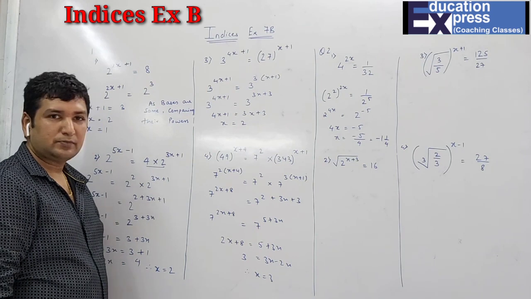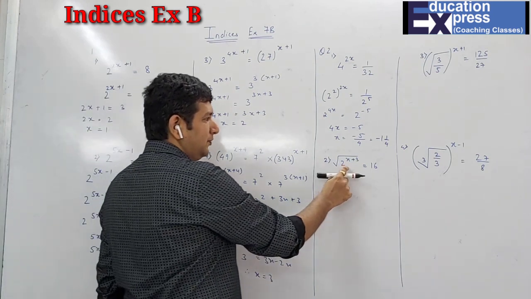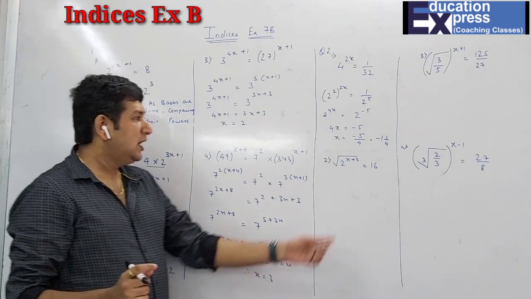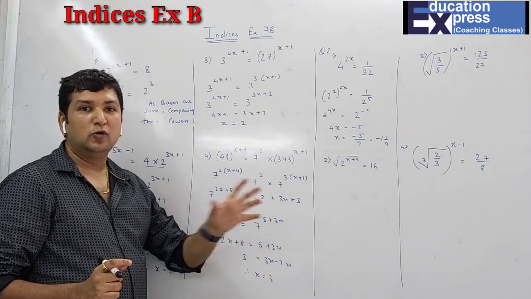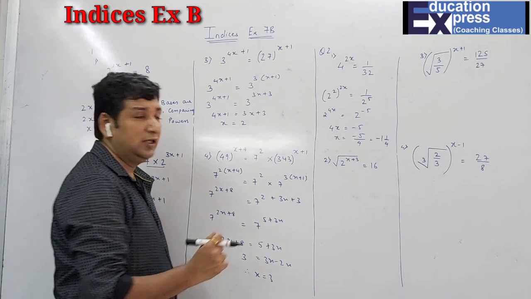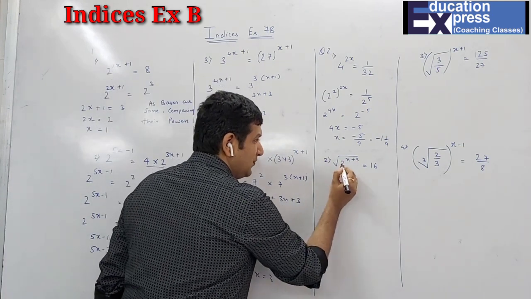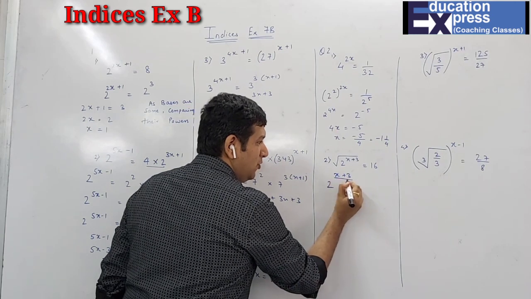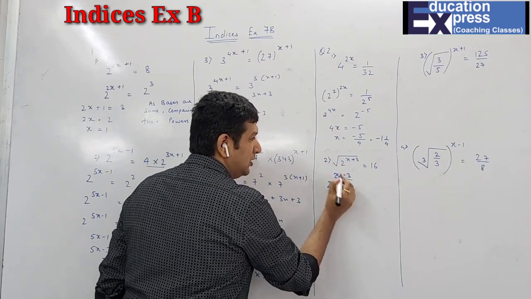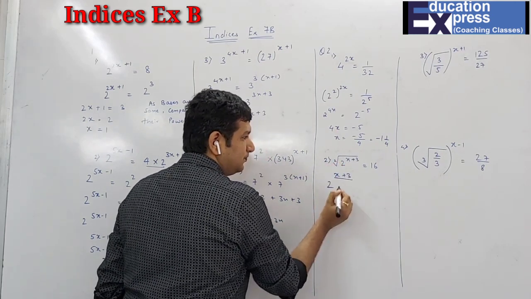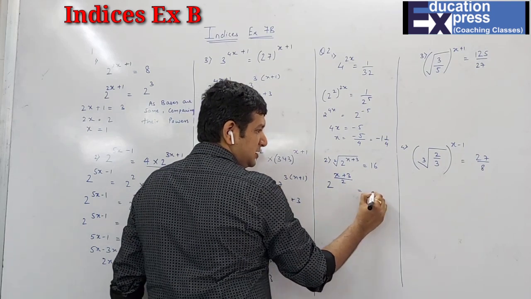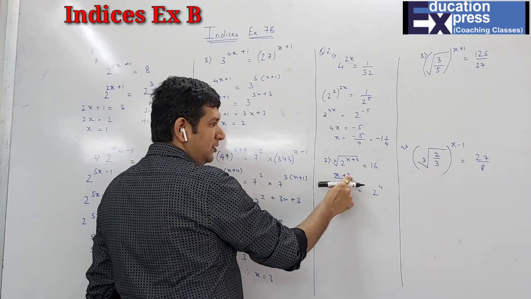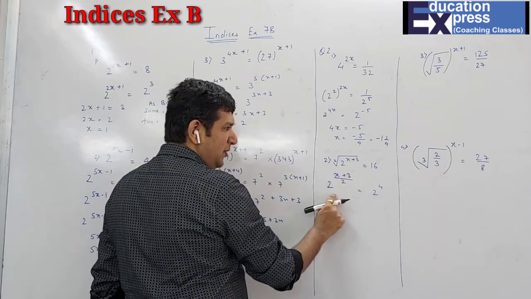Done. Now students, here in exercise A, when I have given the laws, I'll explain to you the other way of writing the root. What's the other way of writing the root? So here first I'll write the base, I'll write the power, and upon it I'll write the root. Nothing is mentioned means 2. And here 16 means 2 raised to 4. So students, 2 power upon the root equals 2 raised to 4, bases are same.